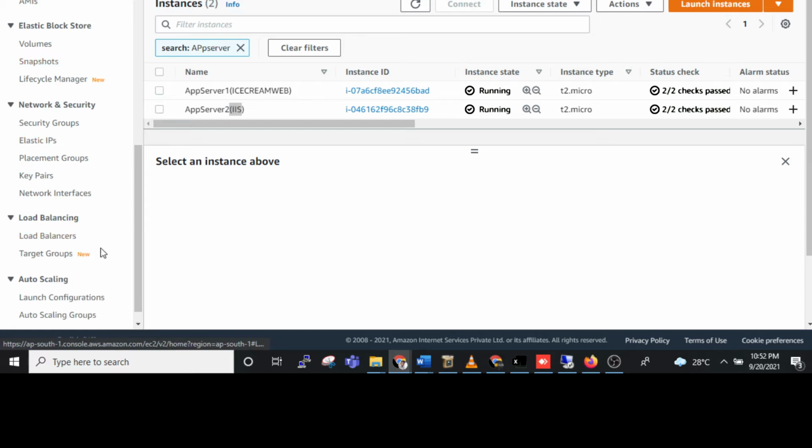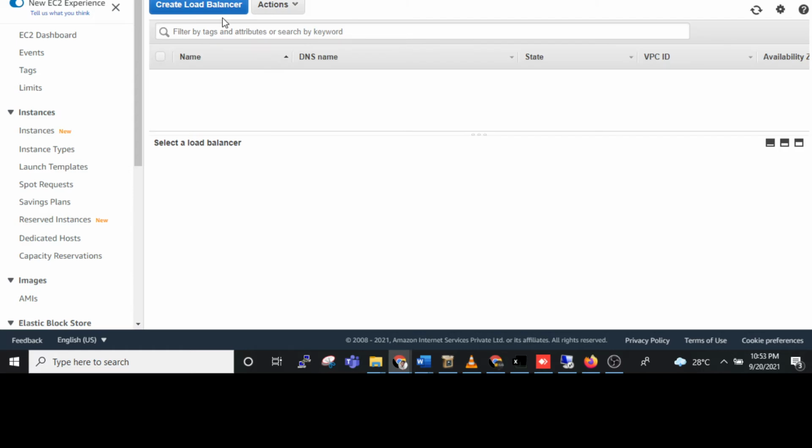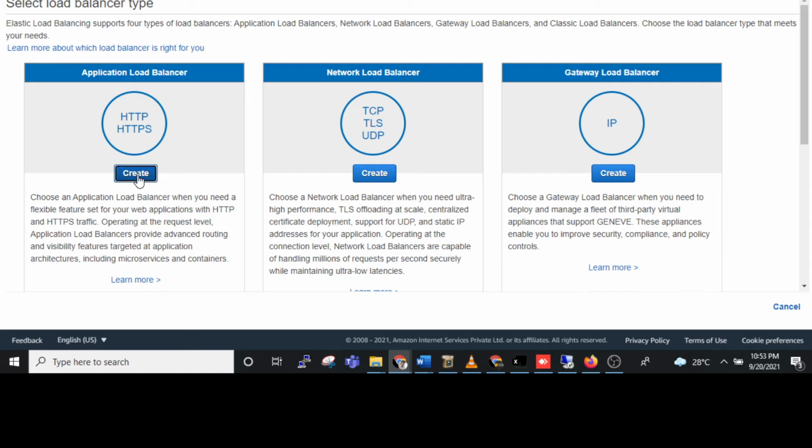I'm going to the application load balancer section. Here we need to select the two instances and create the load balancer. Click on create load balancer, then click on create under application load balancer.